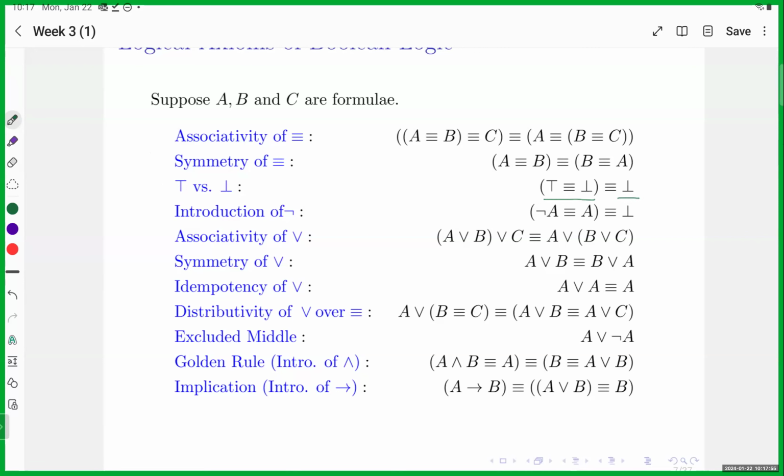All of these are tautologies for any formula that you plug in for A, B, C, or whatever symbol there is. But in this case, there are no particular formulas. We're talking strictly about top or bottom. And what is the truth value of top is equivalent to bottom? It's supposed to be false, right? Top is not equivalent to bottom. That's why it's equivalent to bottom,